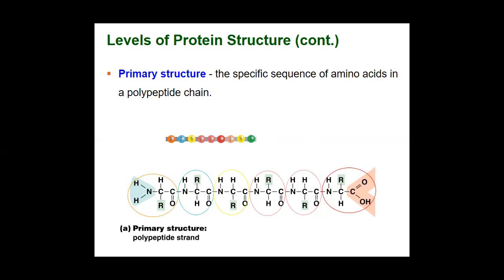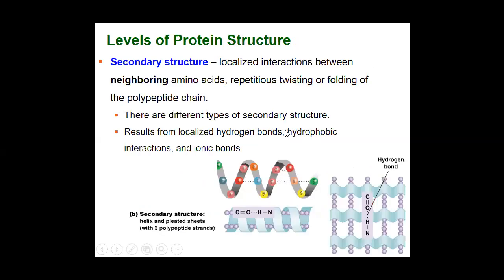Let's see, one that would be attracted, like this one can be attracted here. This can form a hydrogen bond between this oxygen and this hydrogen. And then some will be repulsed from each other. And that we call the secondary structure, the localized interactions between neighboring amino acids that